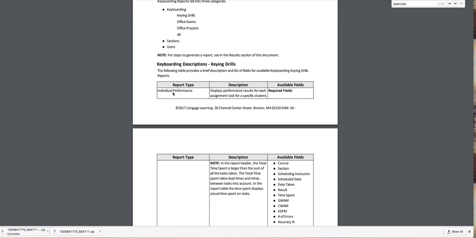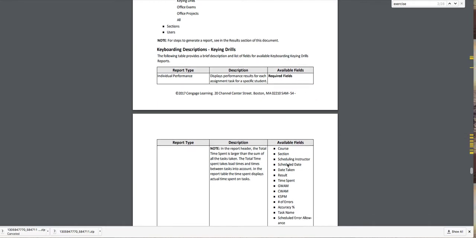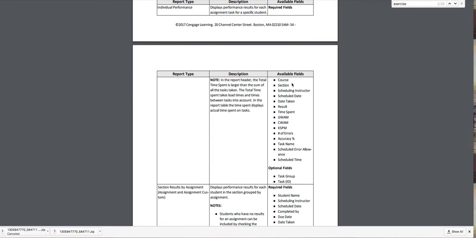So for instance, for the individual performance report, this is really a report that is going to show how one student did on a particular lesson or exercise, and it will have all of these fields available. So it will tell you the course, the section, the teacher, the date that it was scheduled, the date that it was taken, how long it took the student to do that. The result will show you whether they completed it or not. You'll get the GWAM,